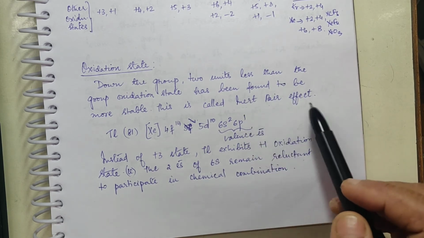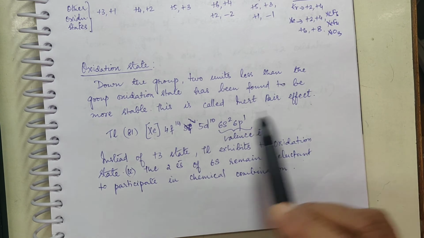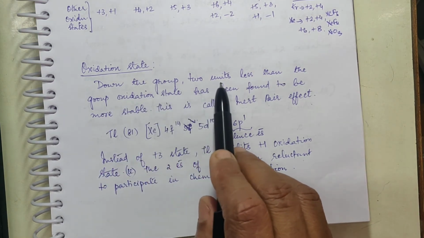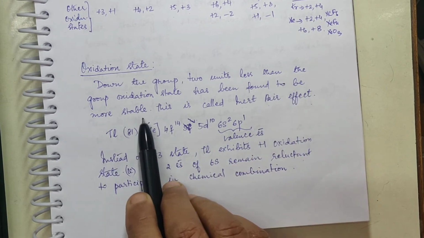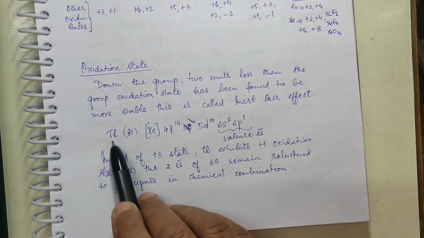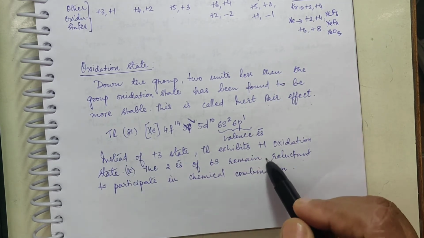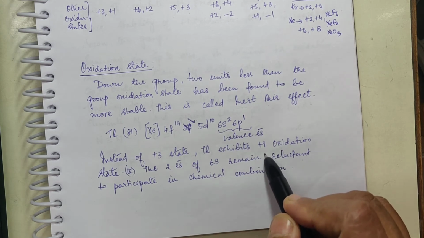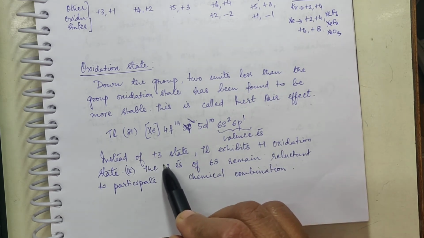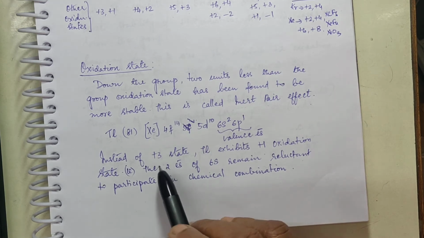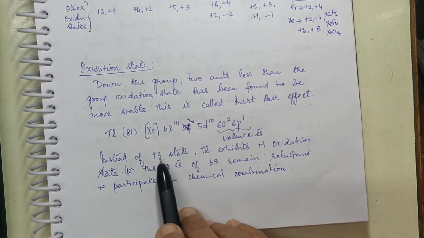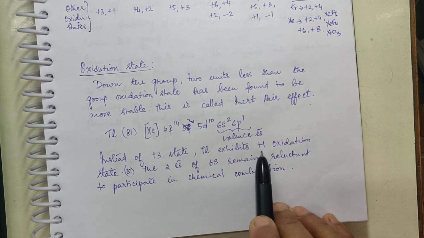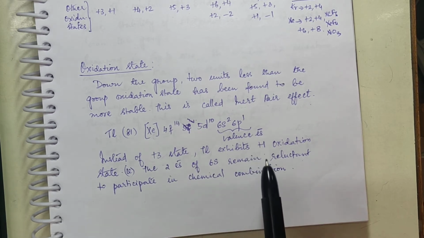Now due to this inert pair effect, what do you find? Down the group, 2 units less than the group oxidation state has been found to be more stable. That is, Tl is more stable in +1 oxidation state rather than +3 oxidation state. Right? This is 2 units less than the group valency. Group valency is +3 and 2 units less than that is +1. So you say that down the group